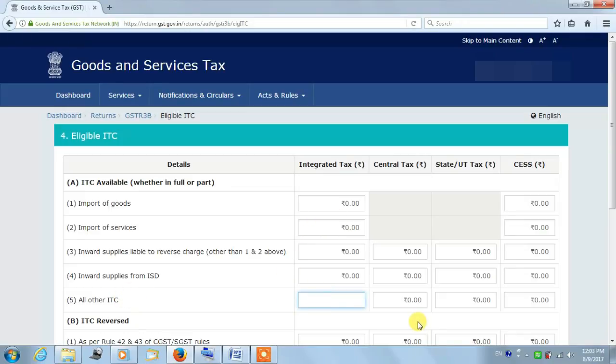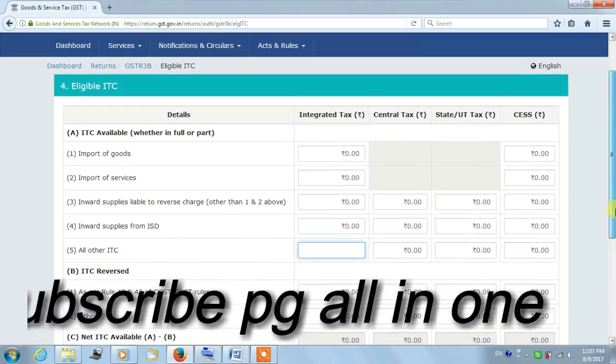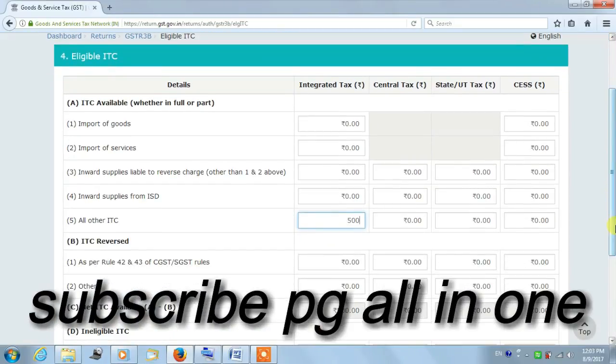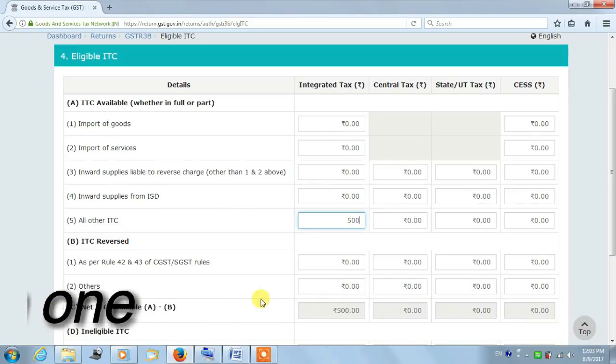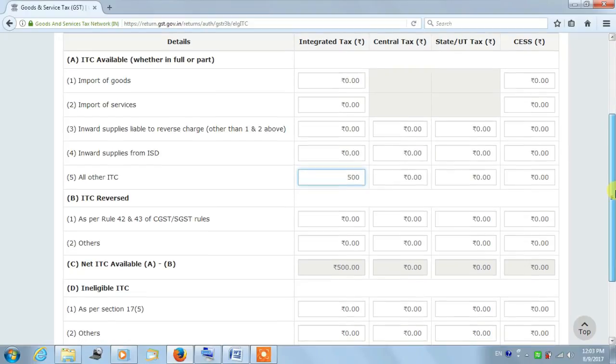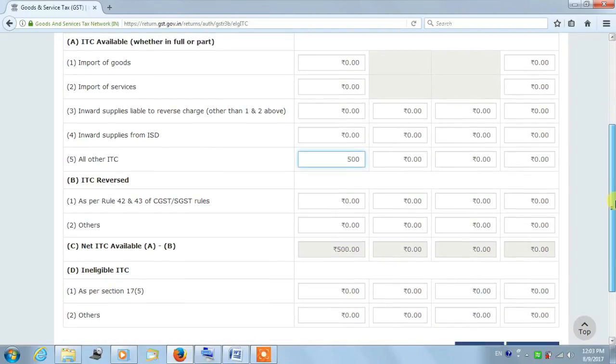Please note, data entered in this return should be matched to your regular return later. Then there is B for ITC reversed. Then C for net ITC available. This row C will be auto calculated based on your figures entered in A and B above.